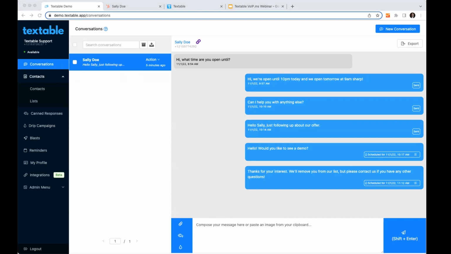Sure. One is, does Textable integrate with a user's existing texting app, or do they need to use a different app on their phone? The way Textable works is you would connect, say, your VoIP.ms account to it as a VoIP.ms user. And then when you send a text message out, it's going to come through traditional SMS or MMS. So if you send a text message to somebody on an iPhone, it's going to come through the iMessage app, but it's going to be the green text. If you send it to somebody's Android, it's going to go through Messages or whatever messages app they have installed on their phone. It's just traditional SMS.